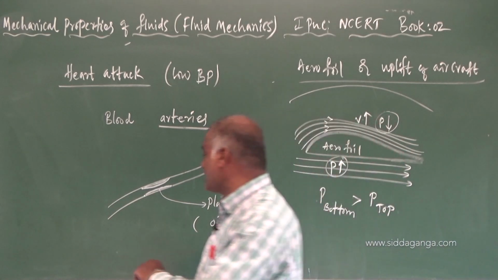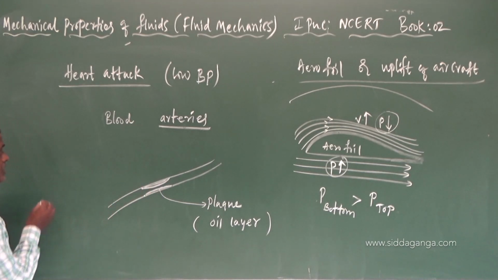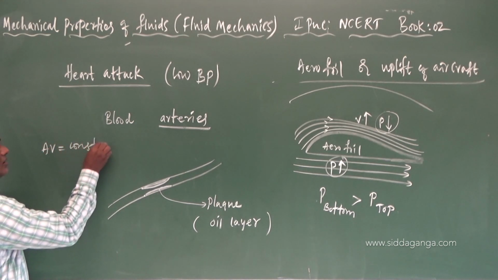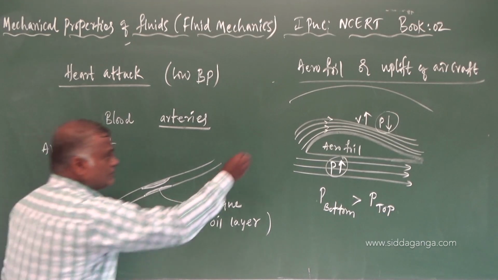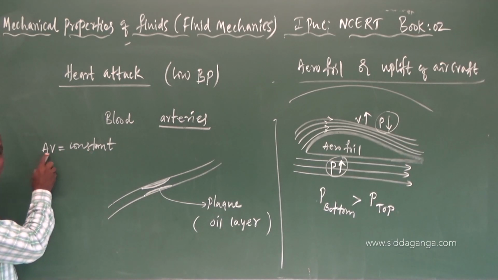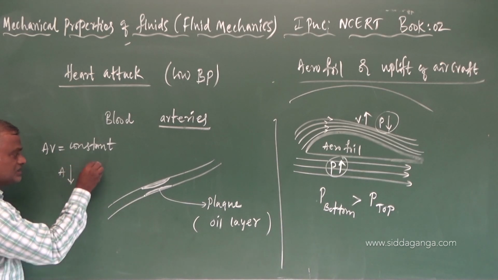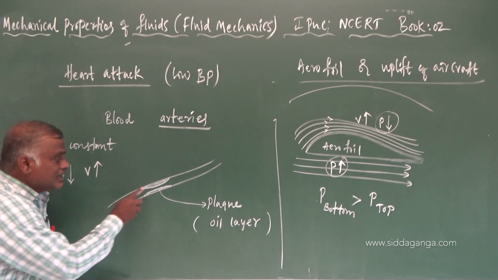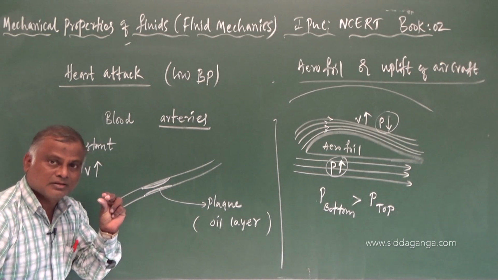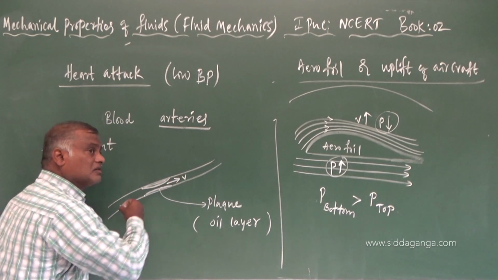What happens, my dear students, tell me? With this, again use the equation of continuity. Using the equation of continuity, A into V is equal to constant. We use both the equation of continuity and Bernoulli's theorem. What does the equation of continuity say? A is the area of cross section, V is velocity. Area of cross section is less, velocity is more. Here, this oil content will reduce the area of cross section. When area gets reduced, what happens now? Blood will flow with greater speed.